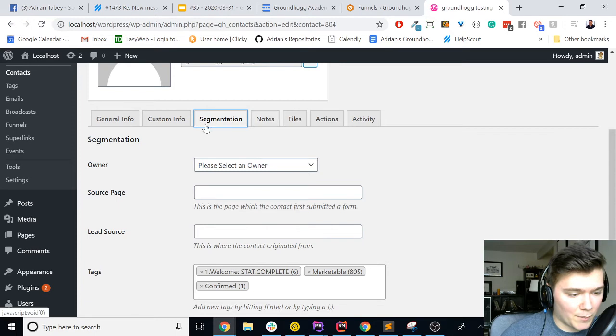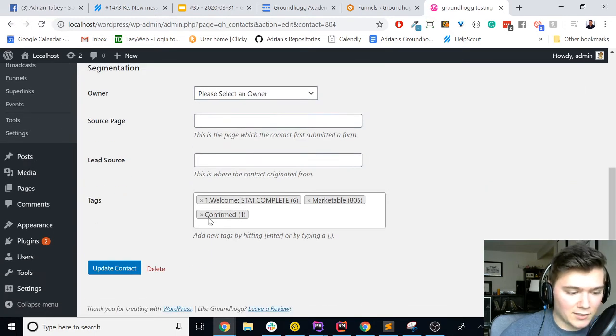And if I go back to their segmentation, I look at their tags, I can see that the tag was replaced with the confirmed tag and the unconfirmed tag was removed. So the tags are updated whenever their opt-in status is changed. This can be done, again, manually via an import. So if you're importing a list of contacts,